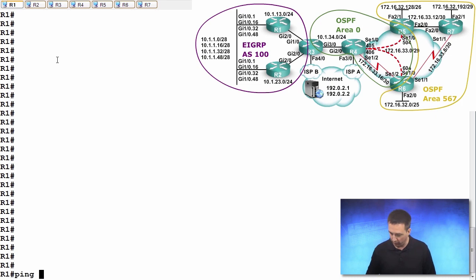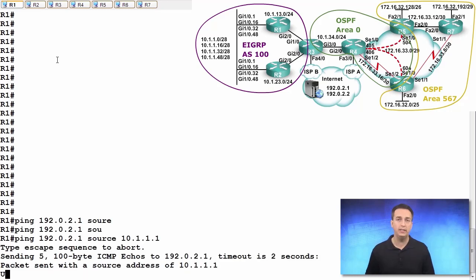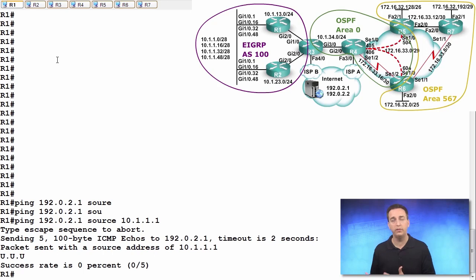So as an example, if we ping 192.0.2.1 from R1 and we source it from its inside interface of gigabit 1/0.1, which has an IP address of 10.1.1.1, we can see that the ping fails, and it's failing because of the filtering that's happening on ISP-A. The packet right now that is being routed out R4 has a source IP address of 10.1.1.1, which is in